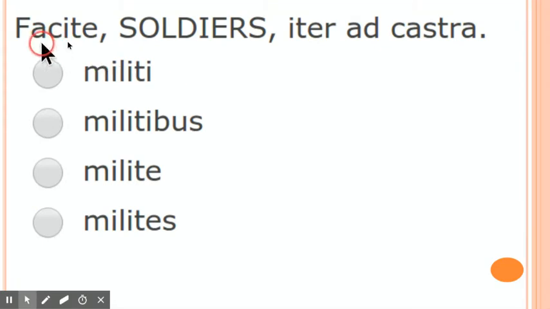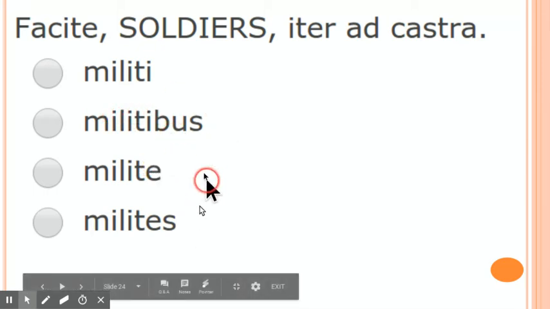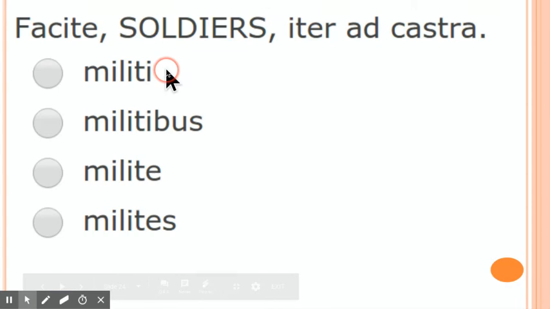All right, facete, soldiers. Make the journey to the camp, soldiers. And that's time for this section. So therefore, it's what? Milite, militis, militibus. What is it? Talking to